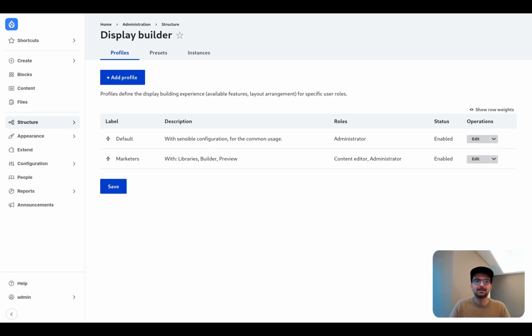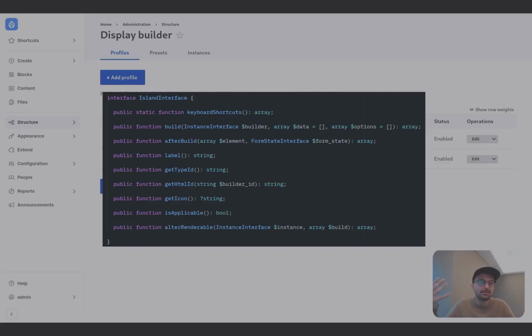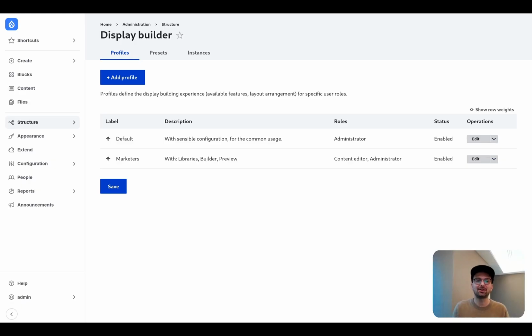It feels like the future of buildable admin UI for a project. And you can't believe how easy the developer experience is to add new island plugins. Each plugin is just a simple class with a simple interface. You can propose new plugins to us, you can extend the contrib space, or you can code them for your specific project needs. The sky is the limit.